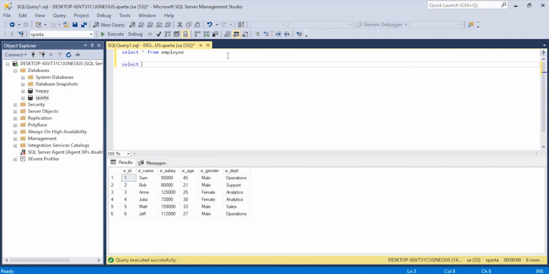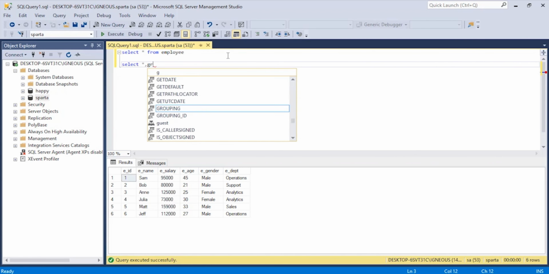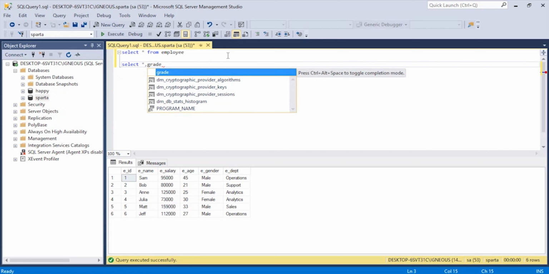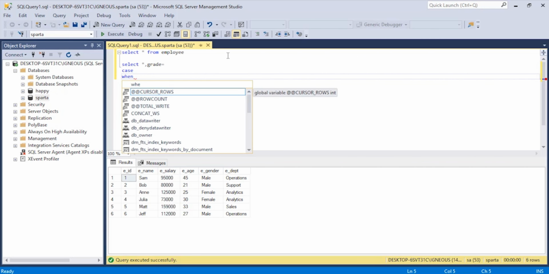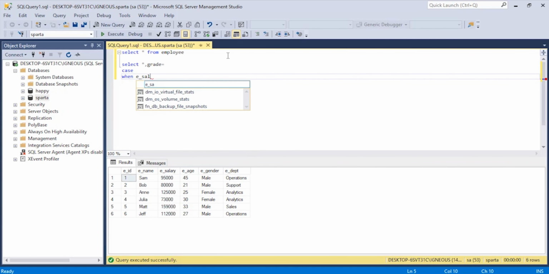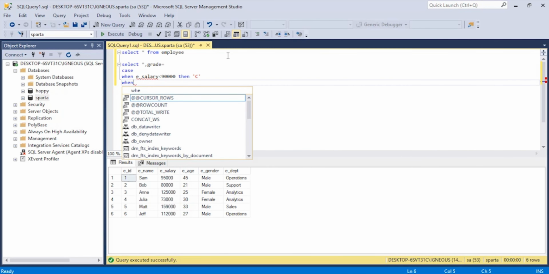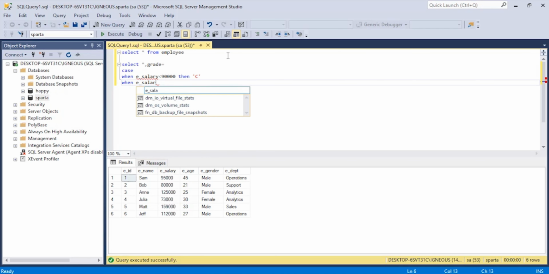So I'll type select, and I want all of the columns from the employee table. I'll type star. And I'll add a new column grade, and I'll be getting the values in this column with the help of the case statement. So I'll type case and then type the when keyword and give the first condition. So the first condition would be E.salary is less than $90,000. And if this evaluates to true, the grade would be C. I'll type when and say the second condition. So the second condition would be if E.salary is less than